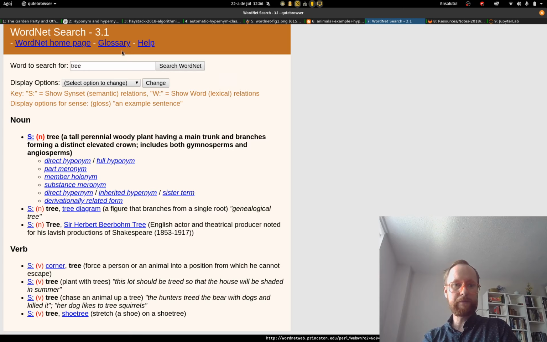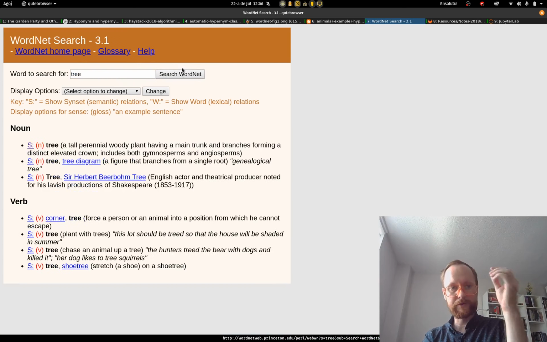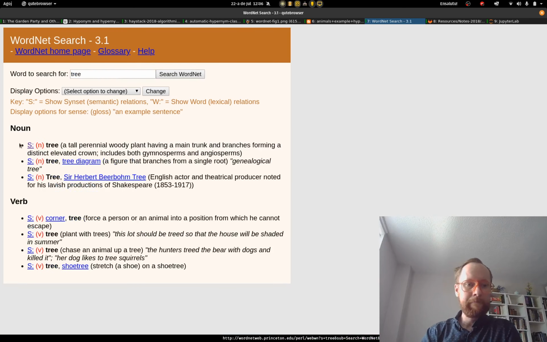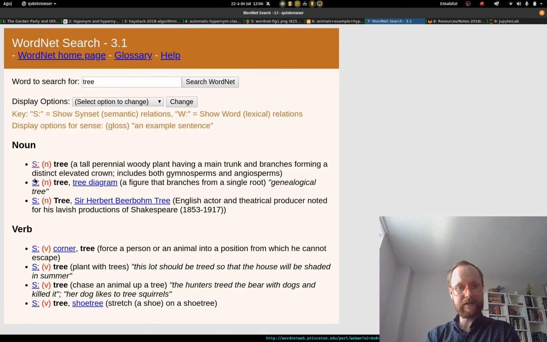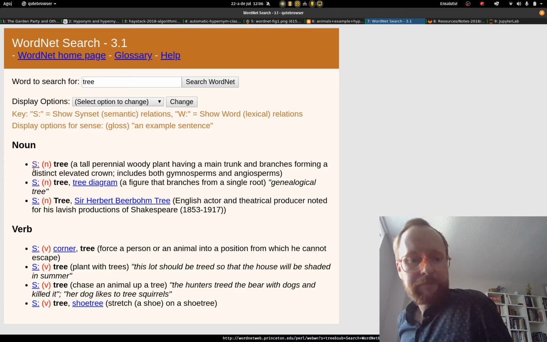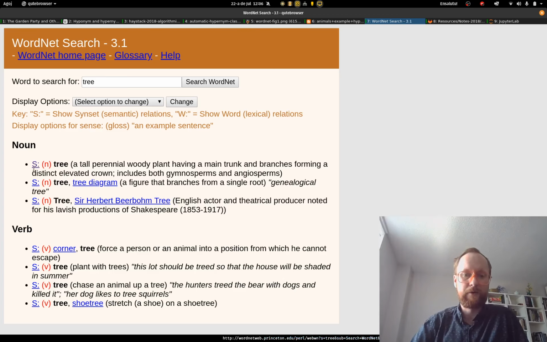So we could play around with WordNet if we wanted to at wordnetweb.princeton.edu, where it allows us to search for something. So here I've searched for the word tree. And the first thing it does is it gives us choices here between these synsets. So a synset is a synonym set or a sense,